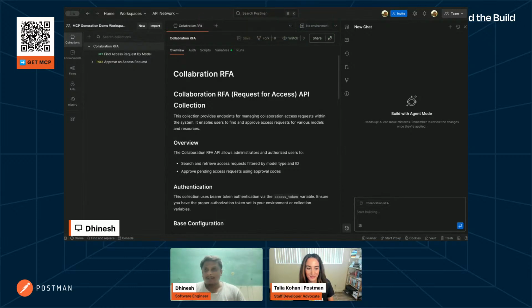Right. Cool. Hello, everyone. So today I'll just have a quick demo of generation of MCP server from internal collection. So this was a most requested feature from a user. So we shipped the generation for the public network. So there was a lot of request for MCP server from the collection. So yeah, we recently added this